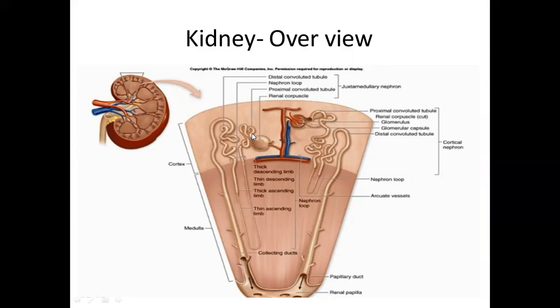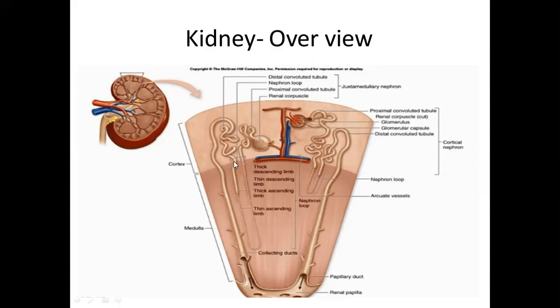Similarly, the first tubular portion originating from the renal corpuscle, the proximal convoluted tubule, is present in the cortex, and then distally it continues towards the medulla as the thick descending limb, and then the different limbs of the loop of Henle, the thin descending limb and then the thin ascending limb. They are all present in the medulla, and then from the thin ascending limb you will find a thick ascending limb entering again into the